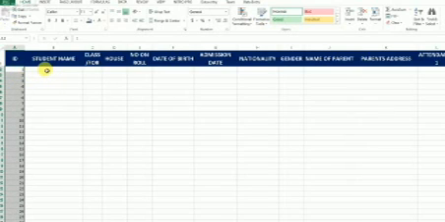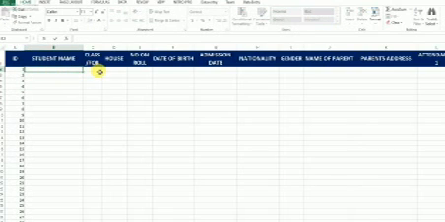Then we have the student name. With the student name, we are going to enter 100 student names at this place, and we will do it in such a way that when you enter the name, it will go into the other worksheet without typing it again, because that would be a waste of time.